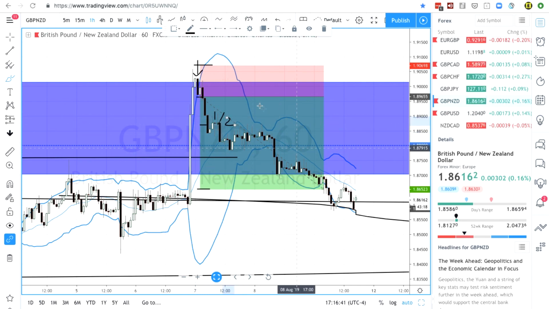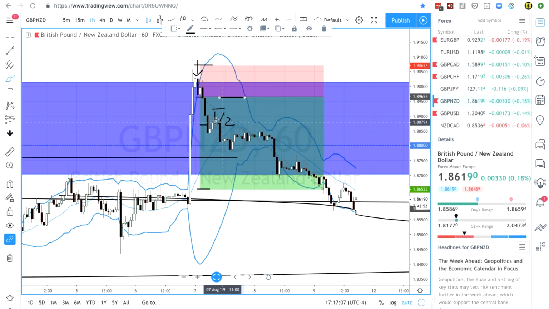Now usually I do not move my stop loss, but on this pair I moved it, and that's partially an error for me, partially a valid reason. Basically, I saw price push fast in this direction and make this kind of low over here. So it would make sense to move your stop loss beyond the low to trail your stop loss. I personally didn't move my stop loss here. I just moved it to the break-even point once I saw this high forming, and then price just went down